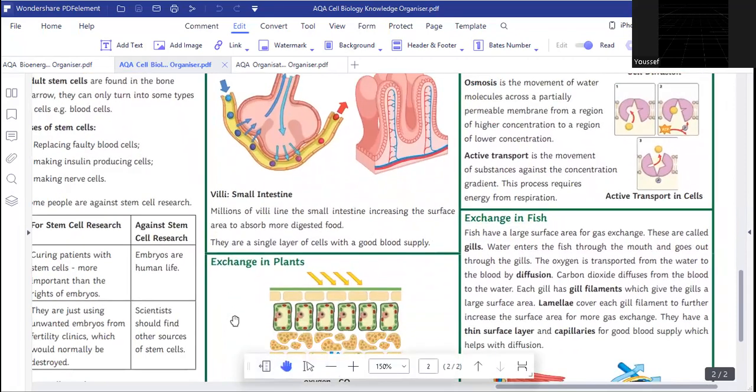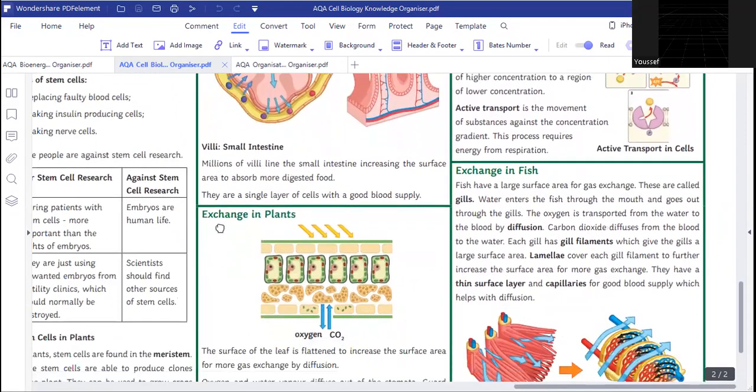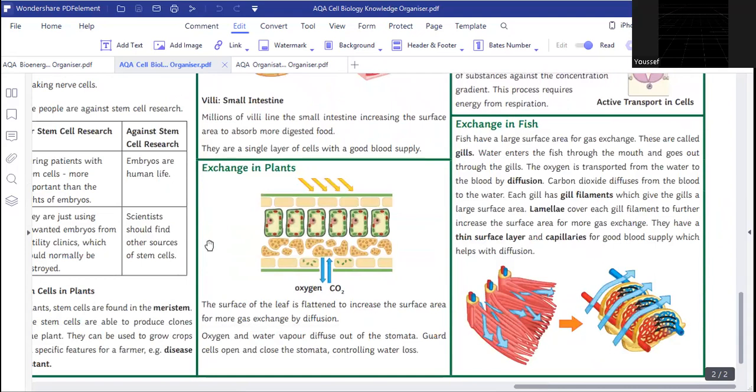Exchange in plants: in plants, there is no specific transport system like that in the animal. There is no transport system. Okay? So